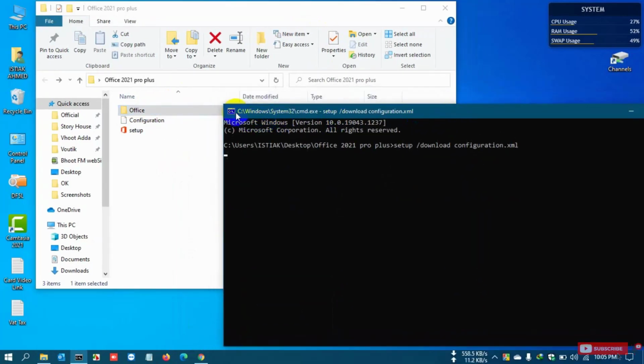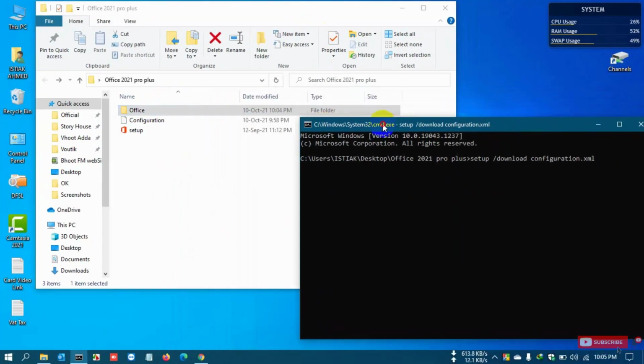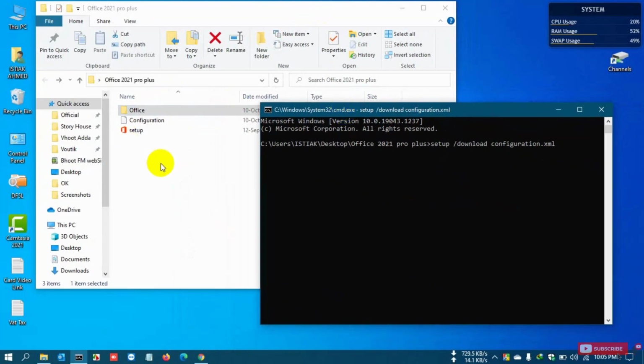The Office offline file is downloading through the command prompt, and when the full Office file is downloaded, the command prompt from user, PC name, desktop, this folder location shows below, then you can be sure the full Office file is downloaded. So wait for the download, and after download I will show you how to install the latest version of Office by command.